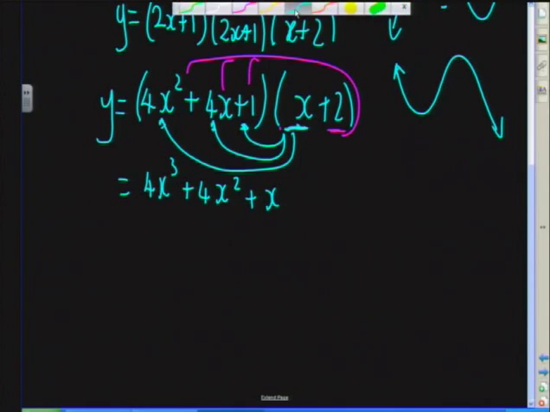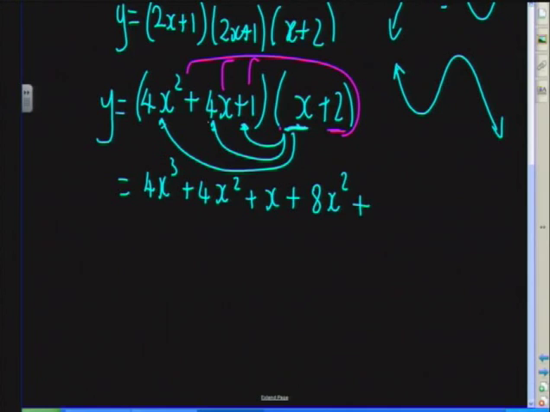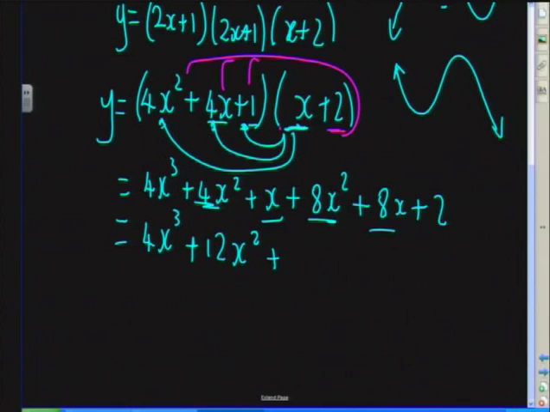Okay, next we're going to times the 2 into the bracket, so times it by every term. 2 times 4x squared is going to give me plus 8x squared. 2 times 4x is going to give me plus 8x. And then 2 times 1 is just going to give me 2. We add our like terms, so we get 4x cubed plus 12x squared plus 9x